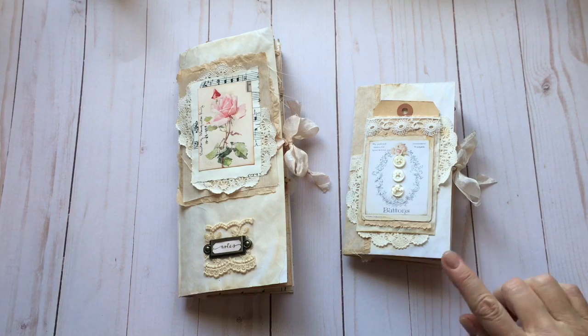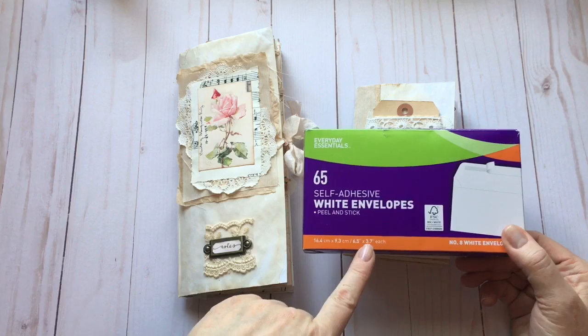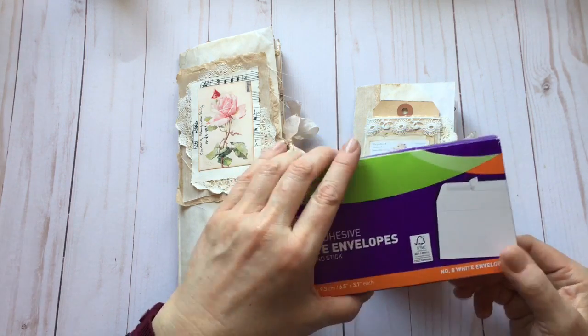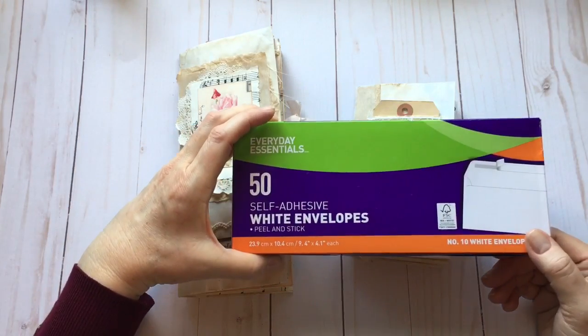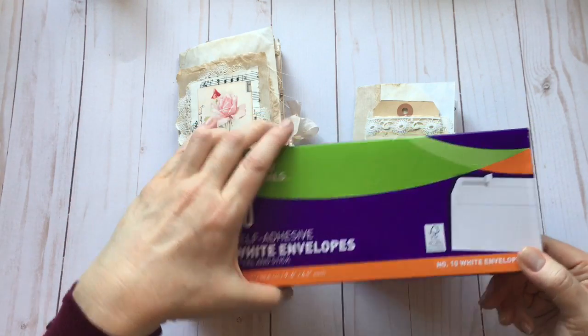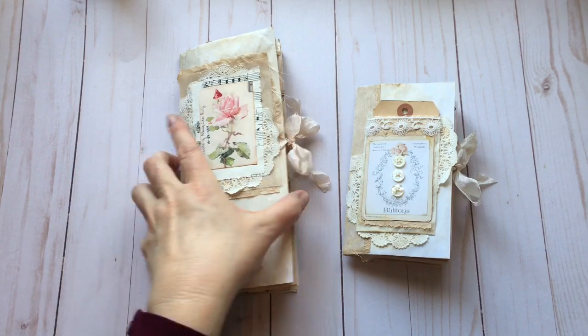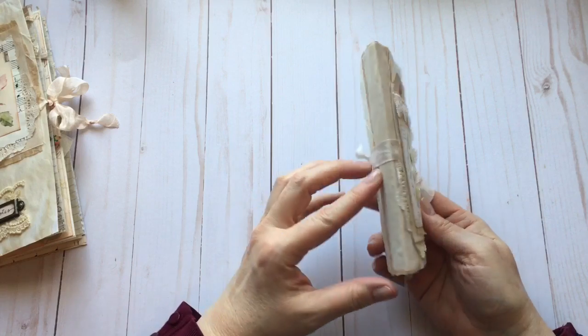So this smaller one is made using 6.5 by 3.25 inch envelopes, and the larger one is made using 9.25 by 4.25 envelopes. So let me show you inside. So with this little one, I have